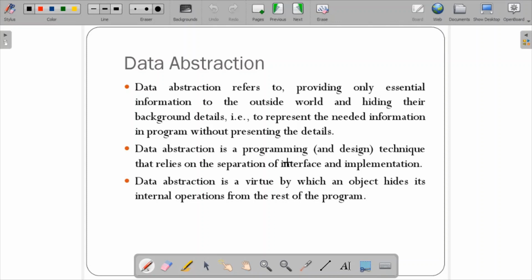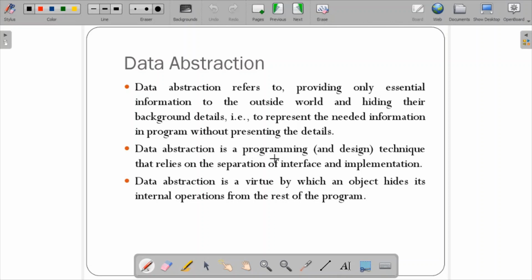For example, you just see the Gmail page, which is a user interface, but we are not worried about what the code is behind that login. We just enter our Gmail username and password, log in and see the mails. That's it, that is the job. As a user, I just enter my username and password and check the mails. That is data abstraction itself. I can just see what is happening. Whatever information is required for me is provided. Whatever happens in the background, I am not worried. So that is nothing but data abstraction.